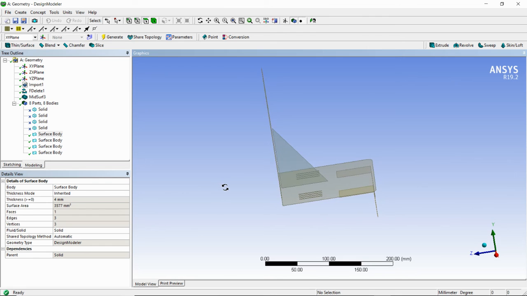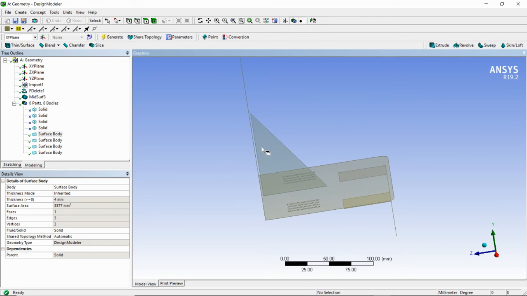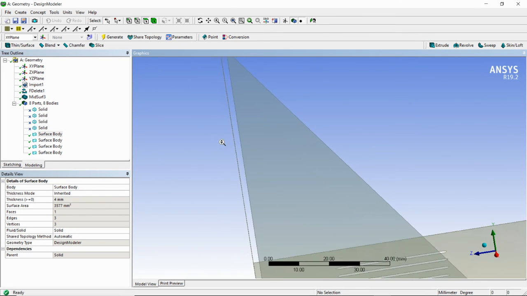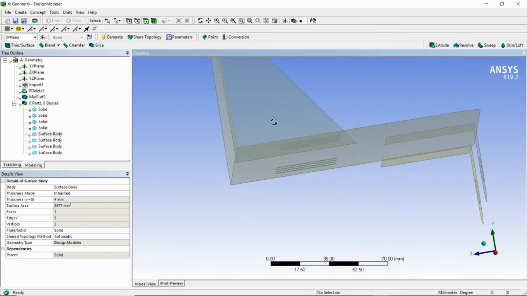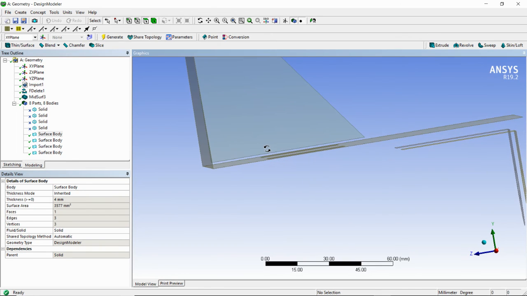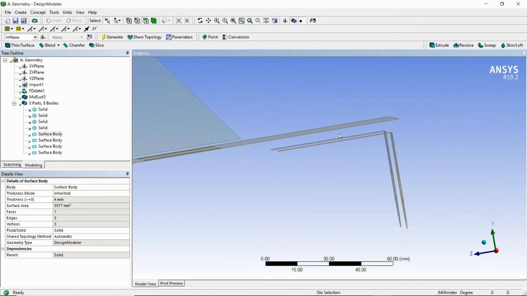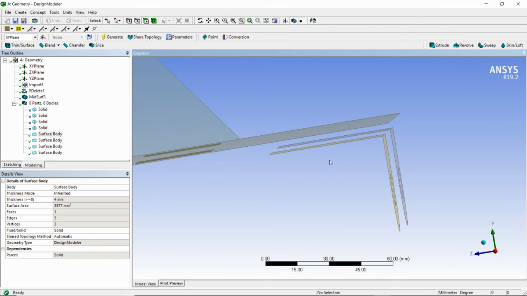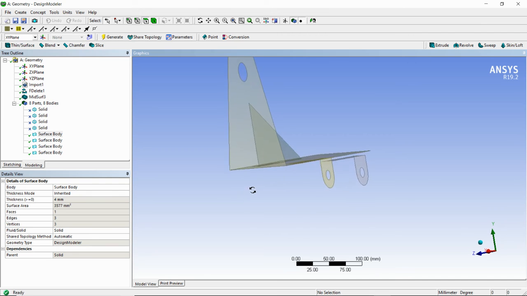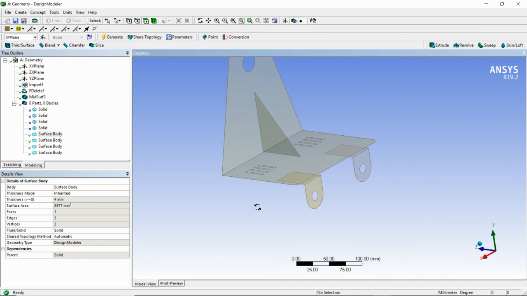If you observe the mid surface clearly, there is a gap between these two surfaces. Also here at the bottom you can see the gap. Here is the gap and here is the big gap after generating the mid surface.